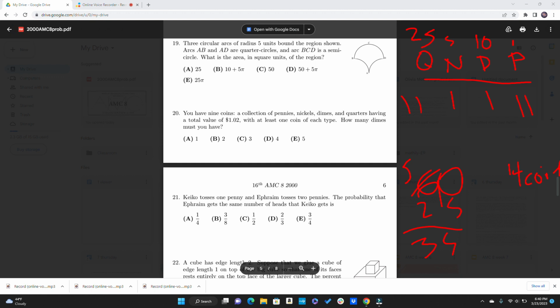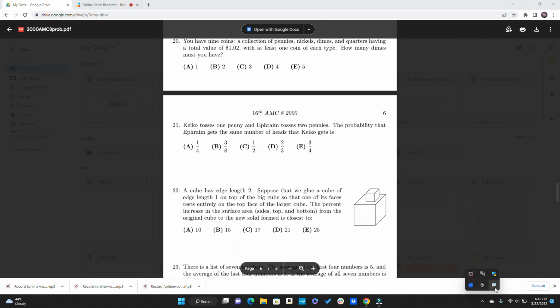Now we have 10 cents and 2 coins. And the only way that's going to happen is with nickels, right? 2 nickels will make 10 cents. So that's our 2 more coins. How many dimes are there? Well, we see there's only 1 dime. That is our answer. Okay, so we want to figure out the probability that Ephraim, sorry if I mispronounced that,